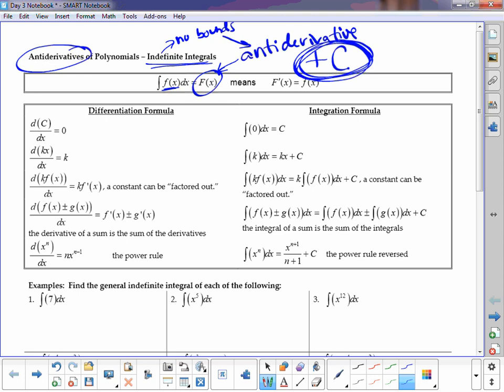Now here at the top of our notes, it's simply just comparing our differentiation rules with our integration rules. And we, last class, covered almost all these integration rules. So we'll just go through this pretty quickly. The integral of 0 is a constant, which makes sense because the derivative of the constant is 0. The integral of some constant is just that constant times x. And notice we have that plus c on the end. And again, this makes sense because this is essentially